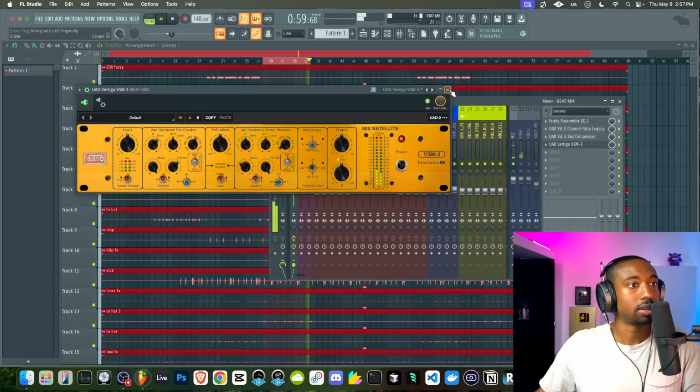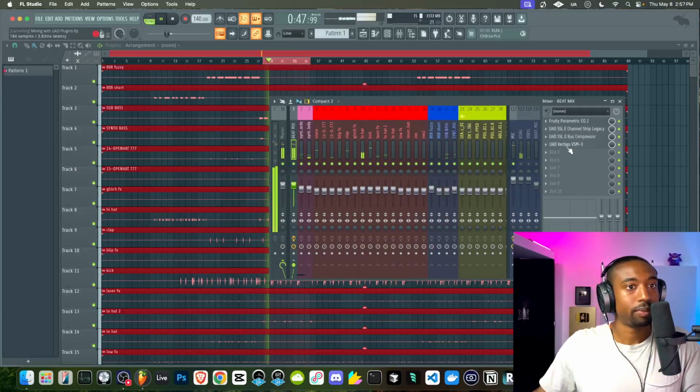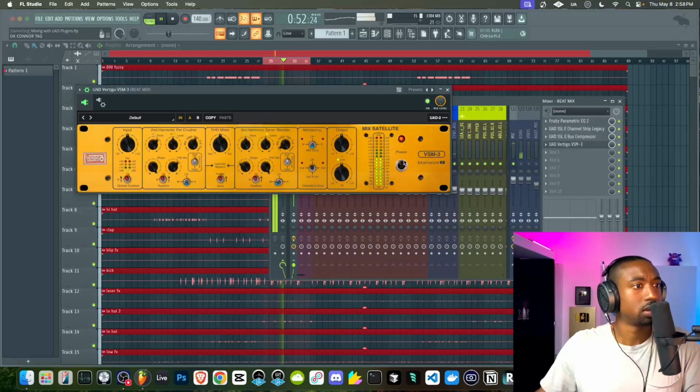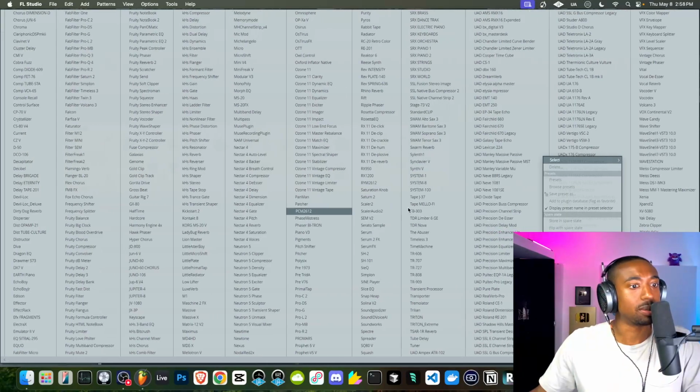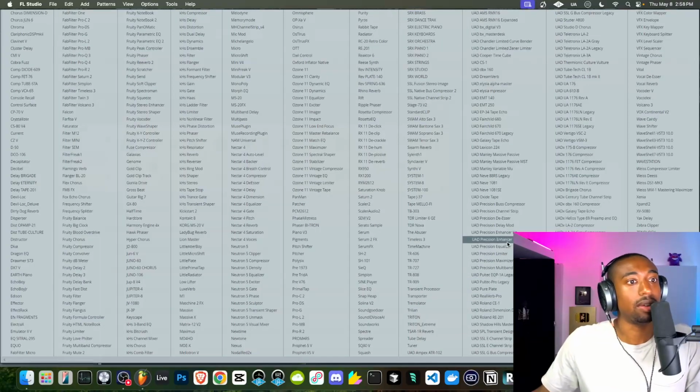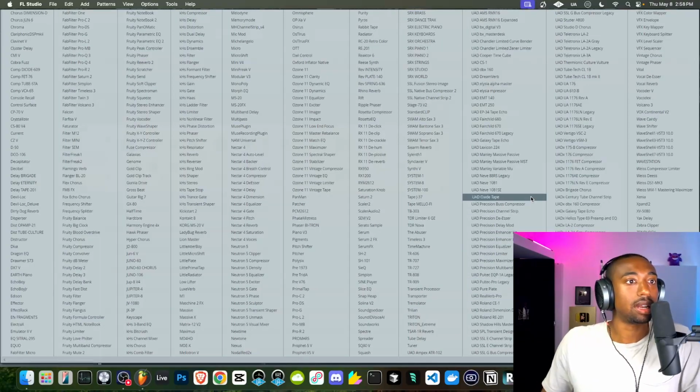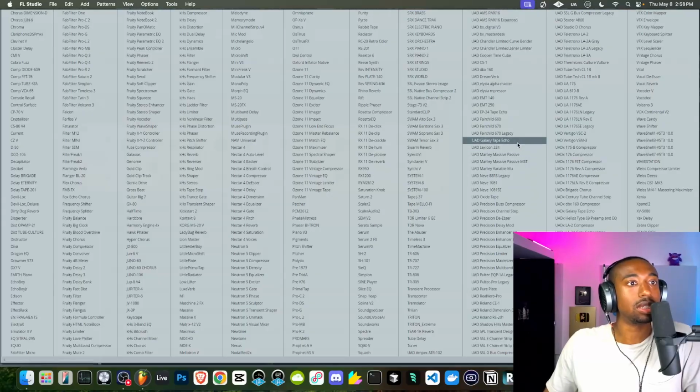It's a little bright. Here's where I would need an EQ to go in to reshape some of the tones here. Now, again, I don't have a go-to EQ from them outside of that channel strip, but the channel strip didn't give me as much control as I would need.